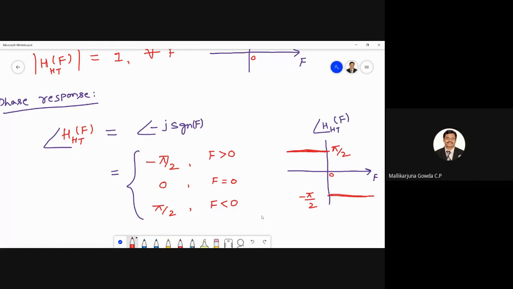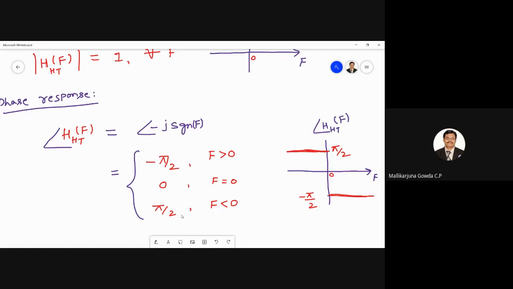So for positive frequencies, the Hilbert transform provides a minus 90 degree phase shift. For negative frequency, actually there is no concept of negative frequency. It does not exist in real. But if you take cos theta, we write cos theta in exponential form, e power j theta plus e power minus j theta by 2. In that way, both the positive and negative components are together. Just for mathematical representation, we call that negative frequency. It does not exist practically. Only the positive frequency of a signal will exist practically.